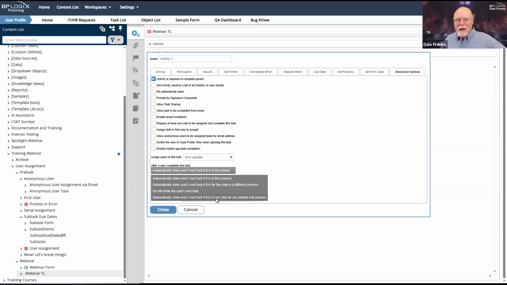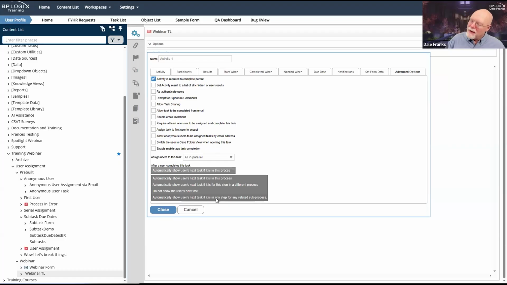Because what we do is we complete a task and we drop from the main process to some sort of sub-process, and I might have to participate in that sub-process. And if I don't show the form for that sub-process, I just close the main process form, which is what normally would happen. Until I either look at my email or go look at my task list, I don't know that I've been assigned that task in a sub-process. So generally, we want to go even looser in terms of what we want to show the user so that they can run to that next process.